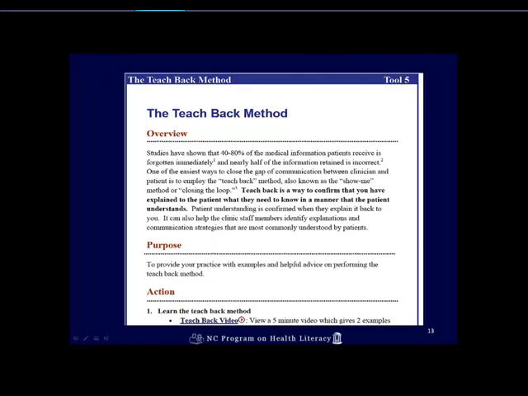You did make the point about it slowing us down when we're trying something new, and I think a lot of people have said that about the teach-back method. But anyone who's tried it over several times learns how it just fits into the way they do business, and it becomes not something that takes a lot of extra time once you get used to using it.